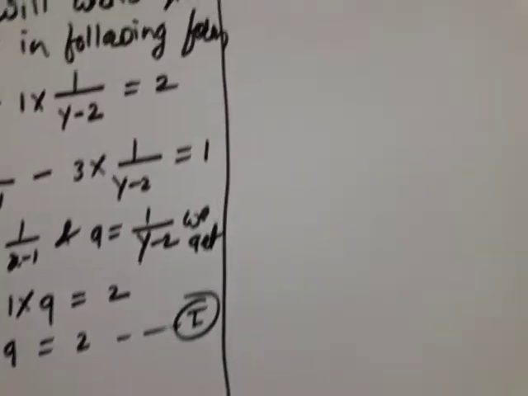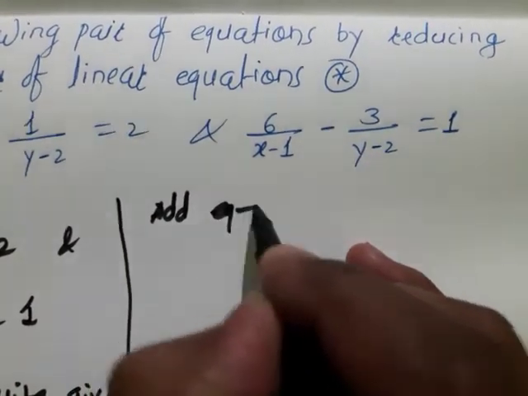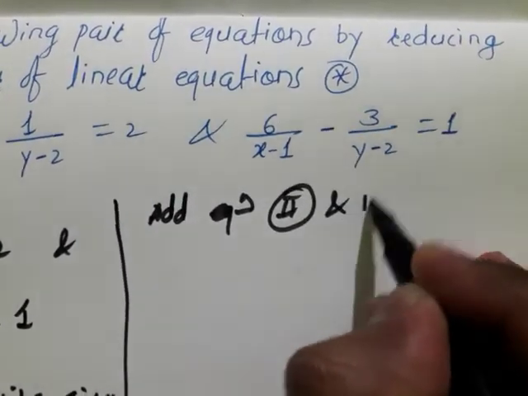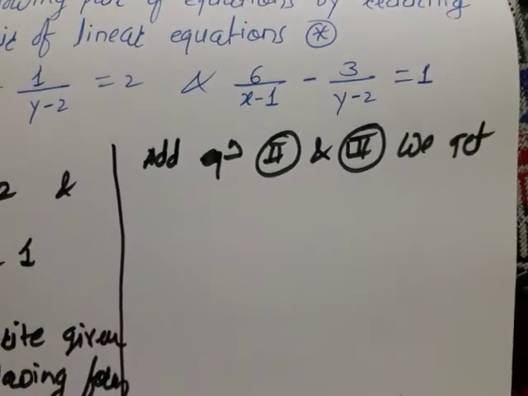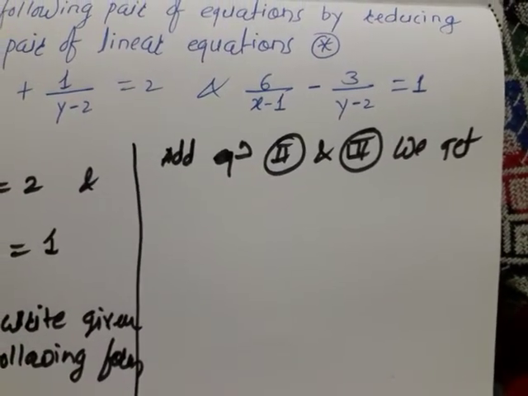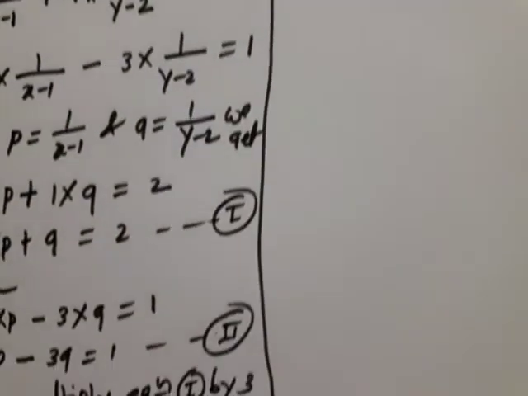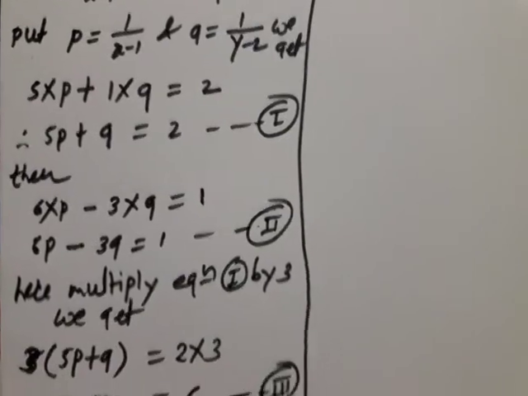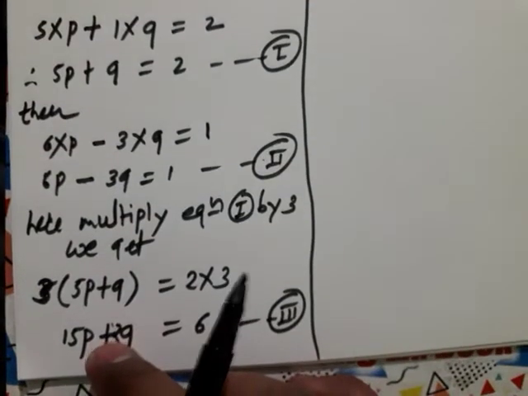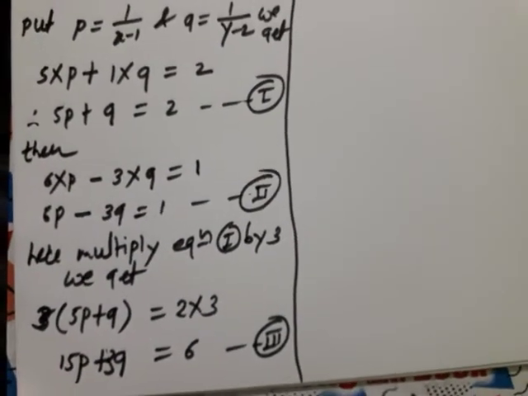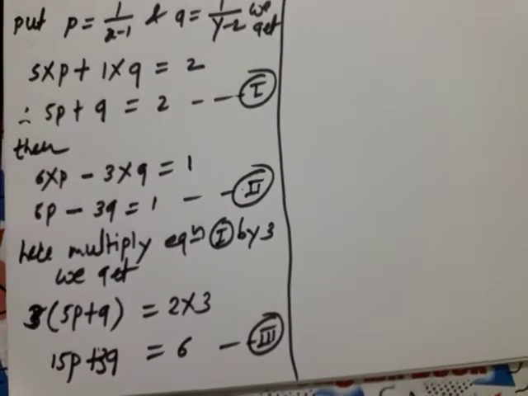What we will get? See here, I am going to show you here. Look, add equation 2 and 3, we get. Okay, I hope you got the idea why we have decided to add, why we have not decided to subtract. Once again I am going to tell you. Look here, if you see equation 2 and 3, you will come to know that here both have 3q, but minus sign, 3q but plus sign. Okay, q is having opposite signs, and when opposite signs are there and we want to eliminate that variable, then we have to add.